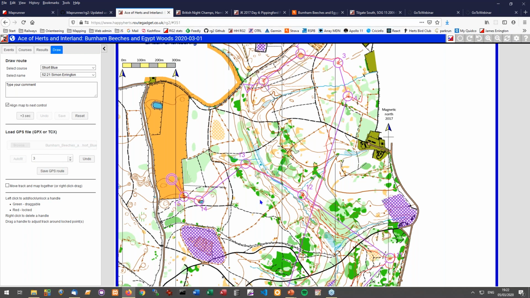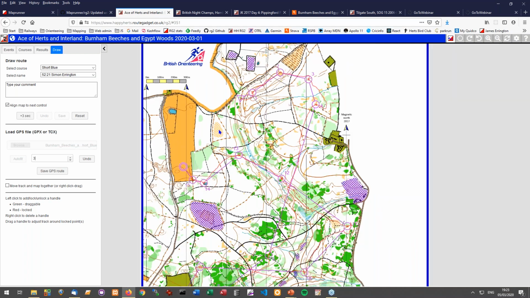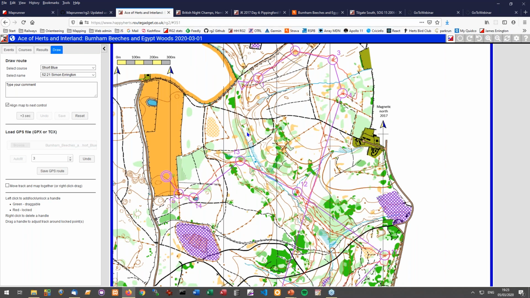The other thing people say is, oh, why can't you let me edit my route if I started early or finished late? Why can't you let me edit the file in Routegadget? I could, but it would be an awful lot of functionality that isn't really core to what we're trying to do. There are other programs available that allow you to edit your route. So if you do want to edit your route before you upload it, I'd recommend doing it in one of the other available ones, or you can even do it with a text file editor. It's a very simple format. You can just take off the first 5 minutes because you started your watch early, or the last 5 minutes, up to you. But I don't really want to put that functionality in because it's a lot of extra stuff that doesn't really contribute to Routegadget itself.